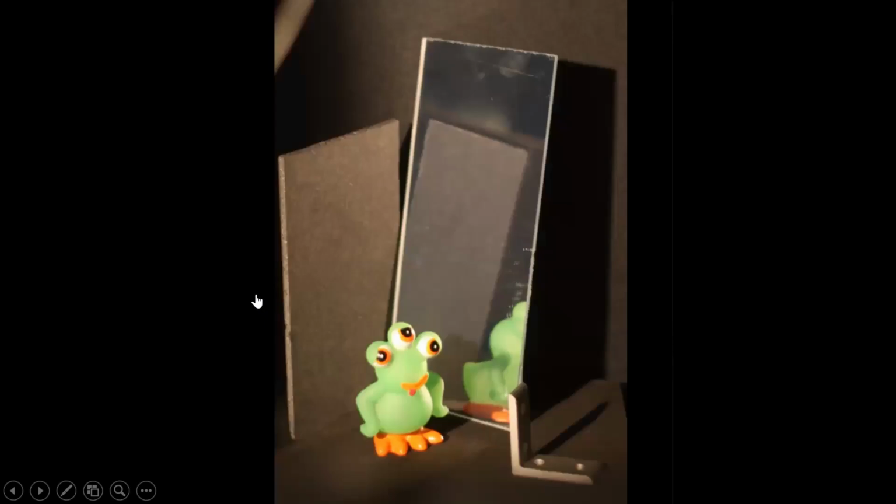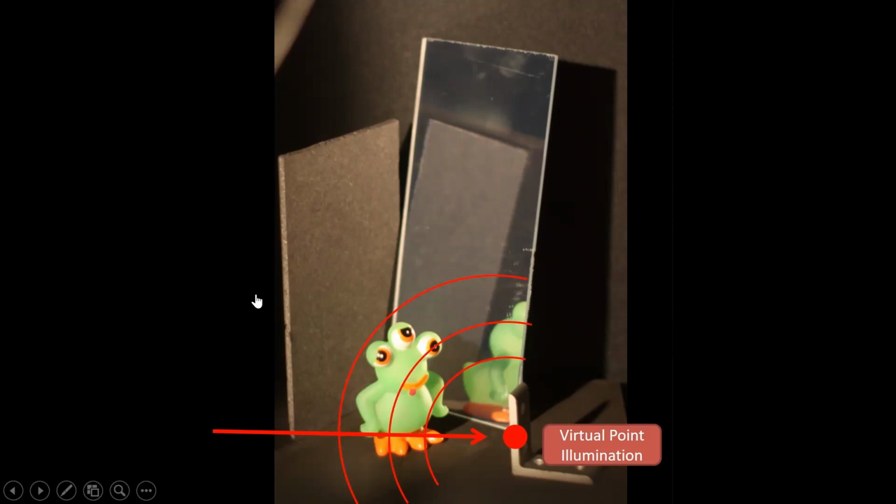But let's look a little bit at what's going on. So the light hits this diffuser, and from there it then spreads out. This basically creates this virtual point illumination. From there it spreads out as a spherical shell away from that point, and then what you're seeing is, of course, the light scattered out of that shell and moving towards the camera. So when it hits the floor, you see it. You don't see it when it's just moving through the air, but when it hits something, you kind of see that. And you see it spreading across the scene, and then you start seeing it hitting the toy. And that's the light that basically just goes from that point, hits the toy, and goes to the camera.